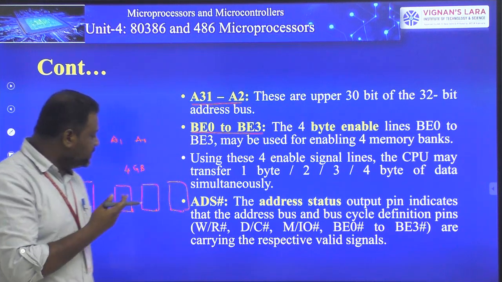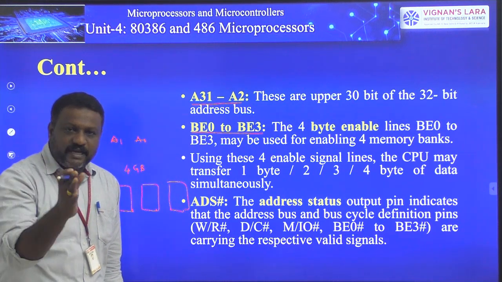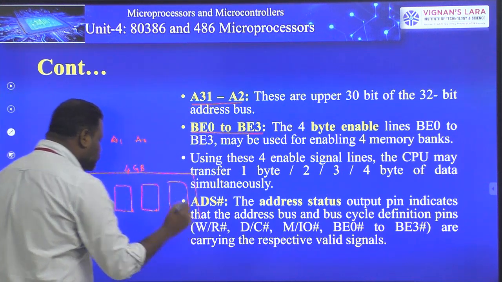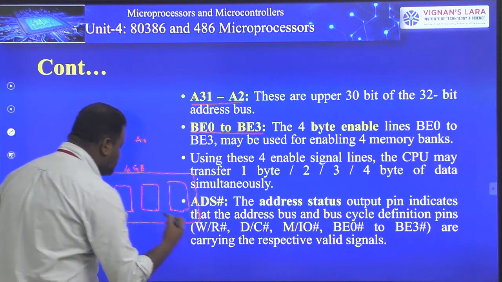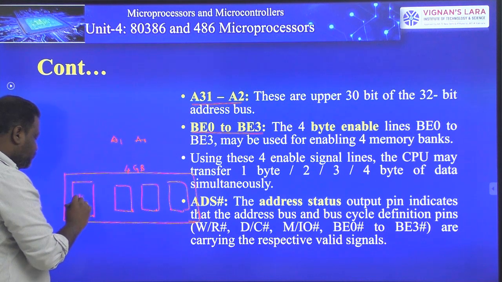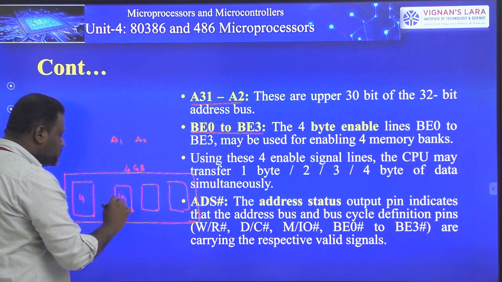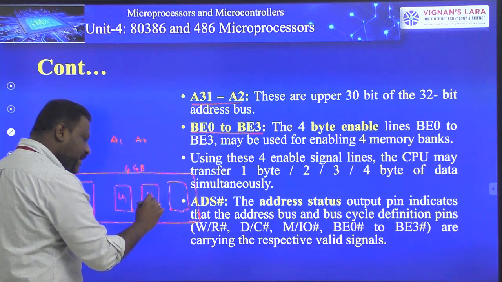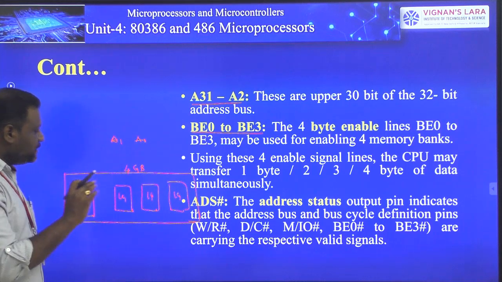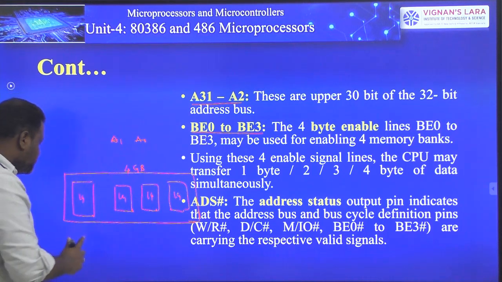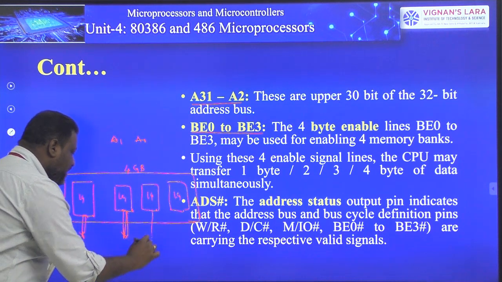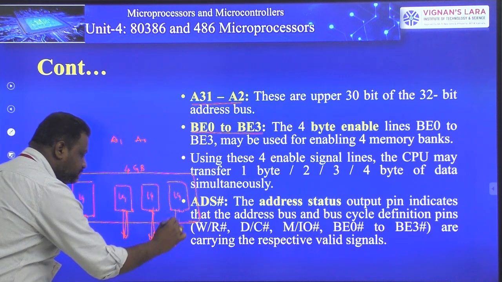The same concept we are following here. Our 80386 supports a total memory of 4 GB and it has a total of 32 data lines. This 4 GB of memory can be organized as 4 memory banks like this: the first bank of size 1 GB, the second bank of another 1 GB, again another 1 GB, and the last another 1 GB. The important thing is that each and every memory bank is connected to 8 data lines like this.